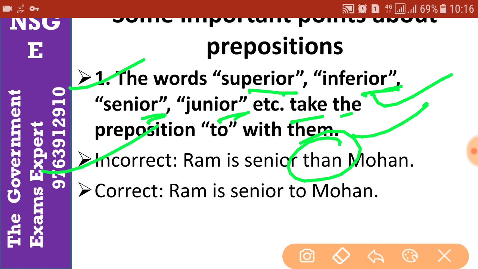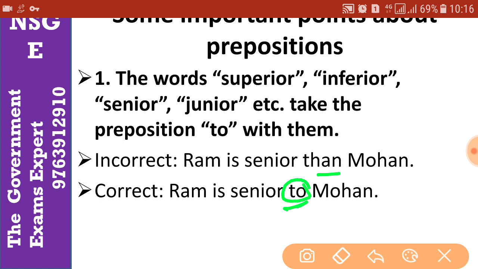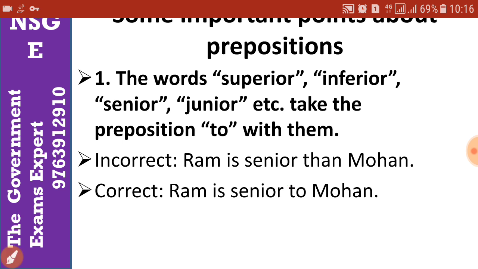For example, 1, Ram is senior than Mohan. That is wrong. How? Because the word than is used as a preposition, so that is wrong. So you should place to. Ram is senior to Mohan. Okay. Another example,